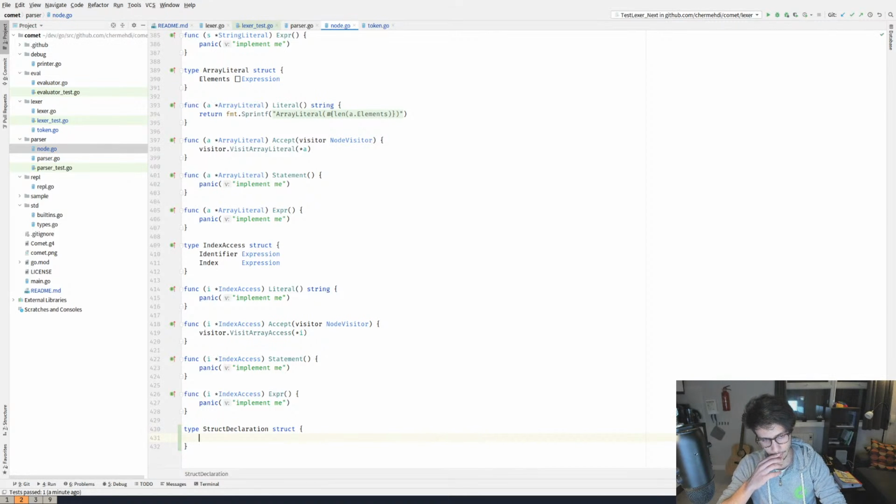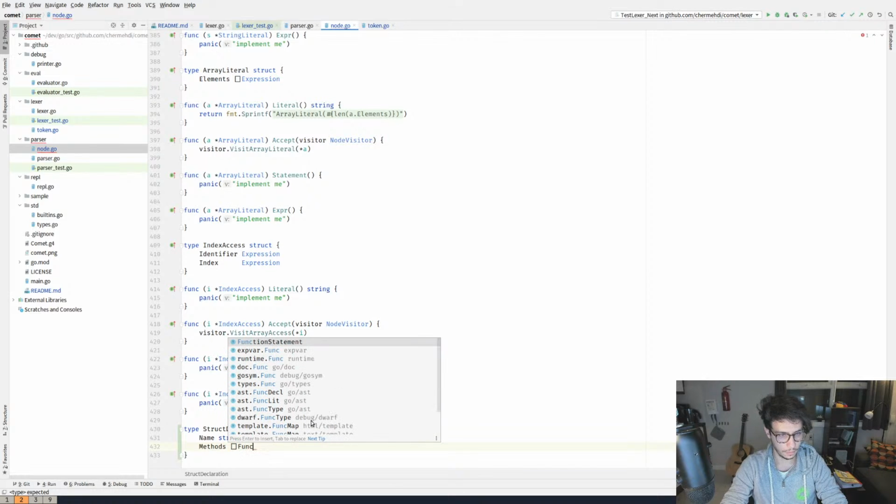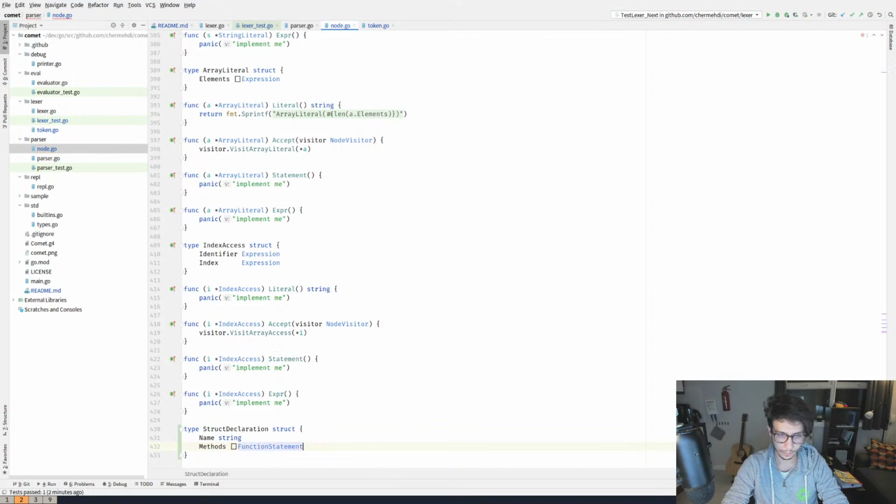All right, so every type should have a name, which is a string, and it should have a bunch of function declarations, so methods, which is an array of function statements. I guess this is it for structs for now. I don't think I'll add anything else for now.